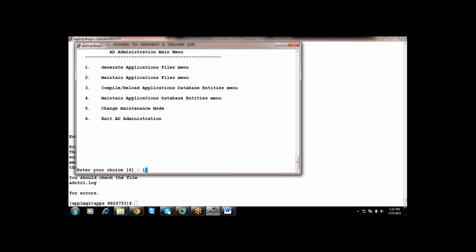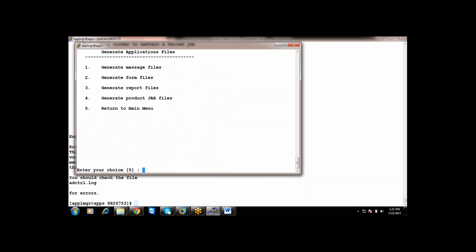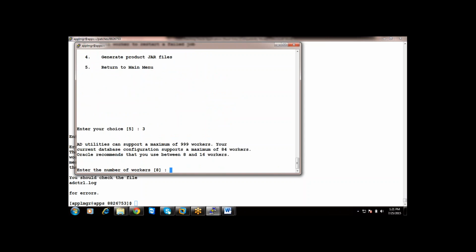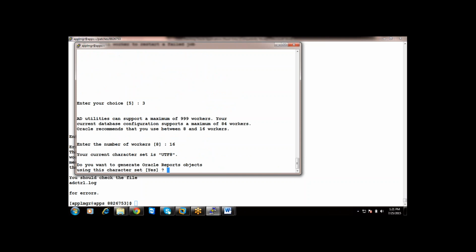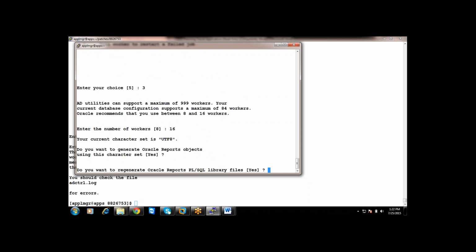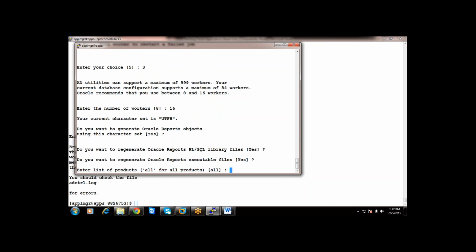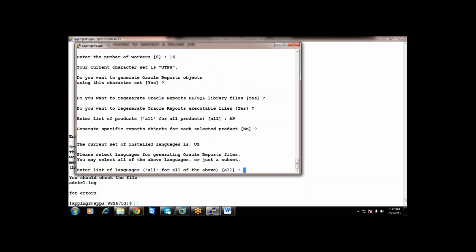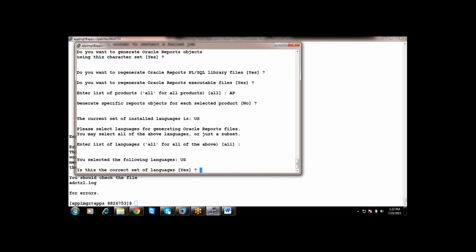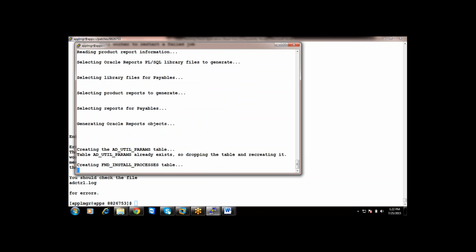I'm going to run some options and generate the report file. I'm giving total workers as 60. Not all products, I'll do it for only one product. See what it is doing.